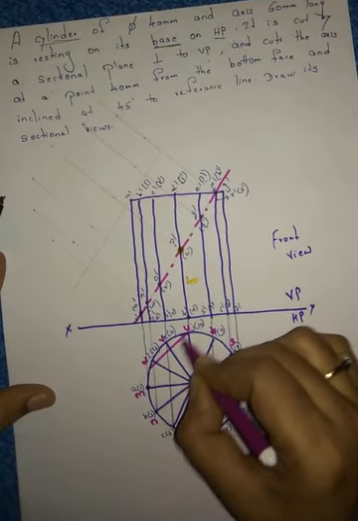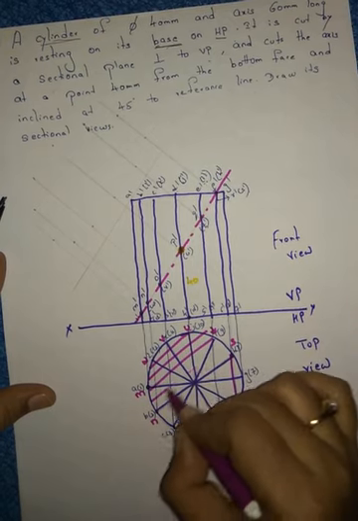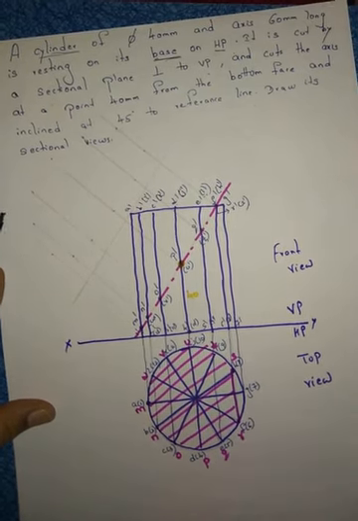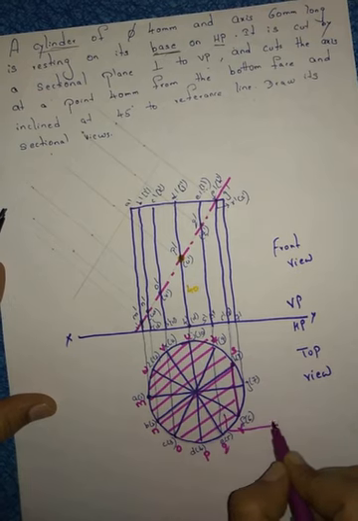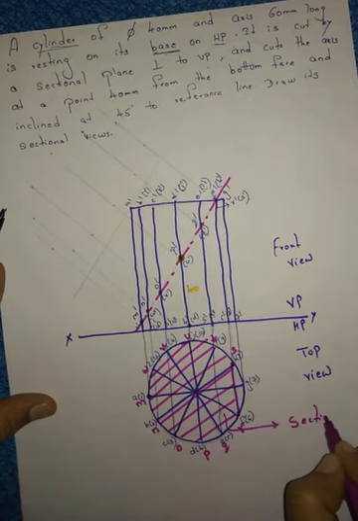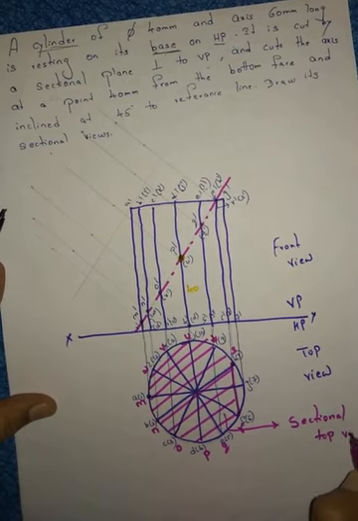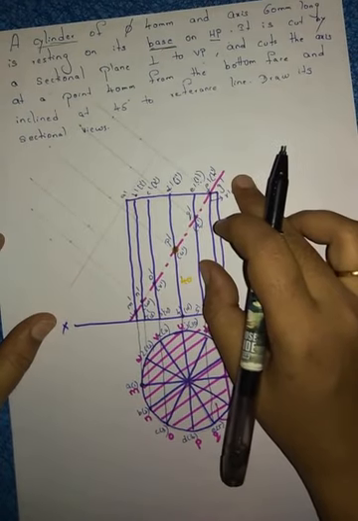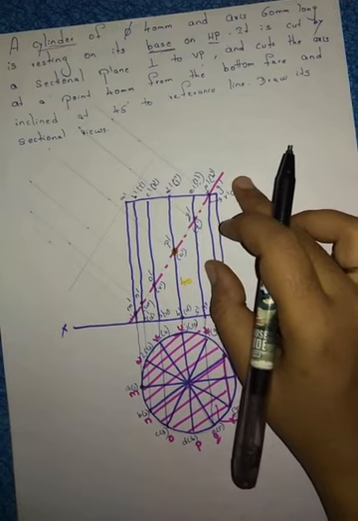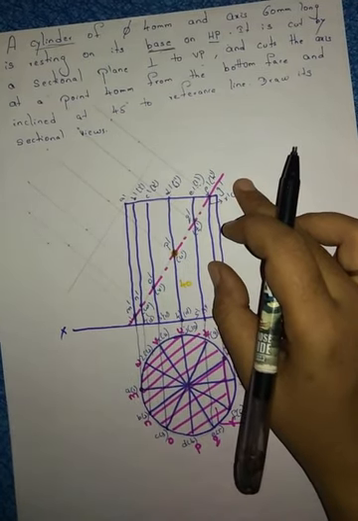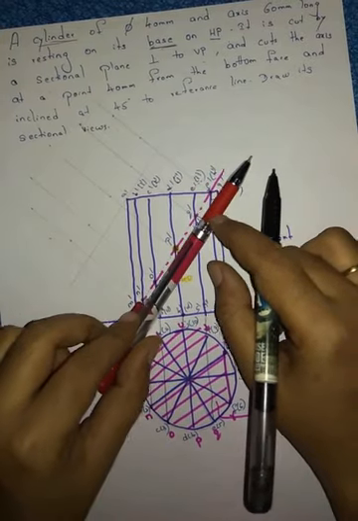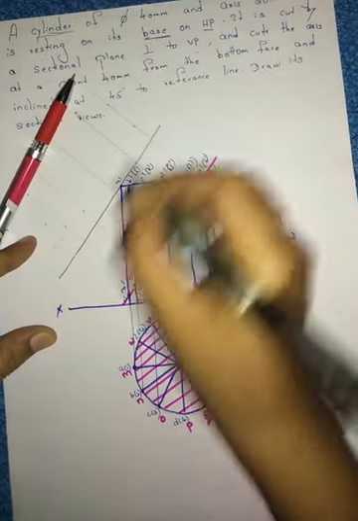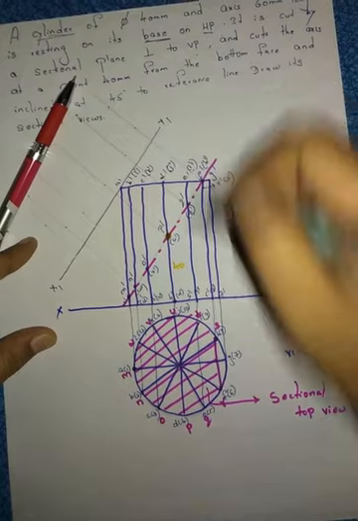After getting points, what we have to do? Draw the hatching lines here. Till this point only, till the RS point only. Now this is nothing but your sectional top view, right? Whenever the sectional plane is in inclined position, you have to draw the auxiliary view. How to draw the auxiliary view? This is the sectional plane. Exactly parallel to the sectional plane, just move your scale and draw a straight line of any length. Name it as here x1 and here y1.